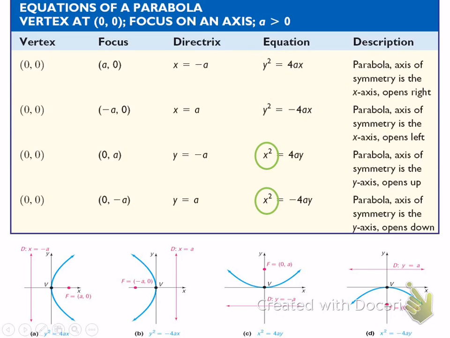The other type are with the x squareds, which means now there's two x's for one y. And they'll open up or down. And again, the negative one goes with the down, which seems pretty intuitive. Alright, and so you can see all four of these types here underneath. And so what I mean by one x for two y's, well, here's a point, that's an x, here's one y, here's another y. So you can see